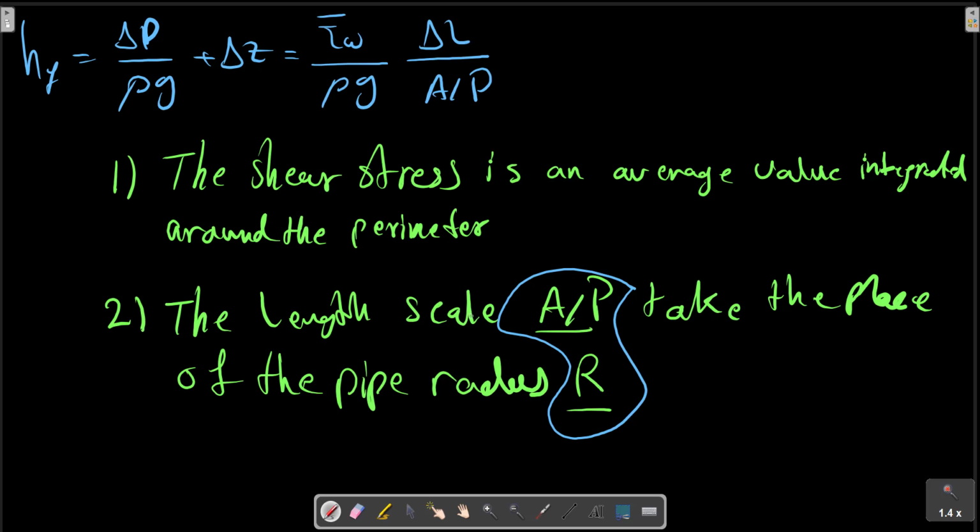For this reason, a non-circular duct is said to have a hydraulic radius which is equal to